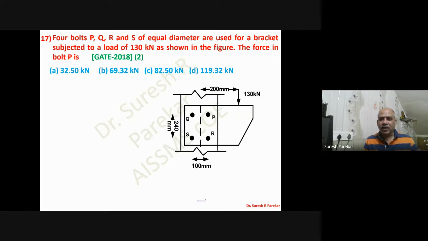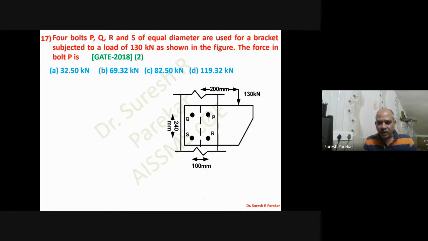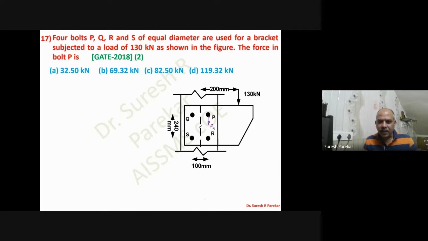Then 4 bolts. Now these are eccentric connections, and we have problems on this. So we are interested to find the bolt value. So we have here two forces acting on this. One force will be your axial load, which will be perpendicular to this. So we will say we have considered it as FA. And the second we have to connect with this, and then we have to draw perpendicular due to this. Now moment due to 130 is clockwise, and due to this we are going to provide arrow in this way. It should give clockwise.